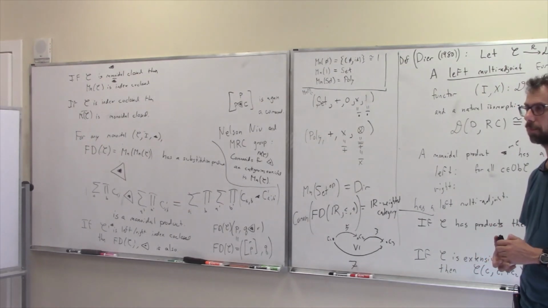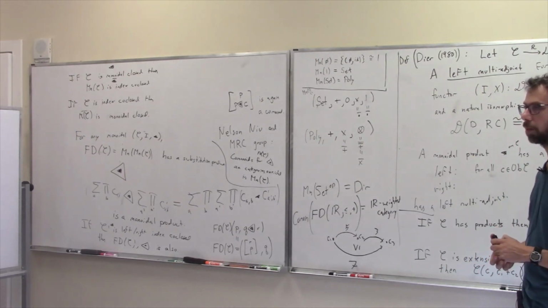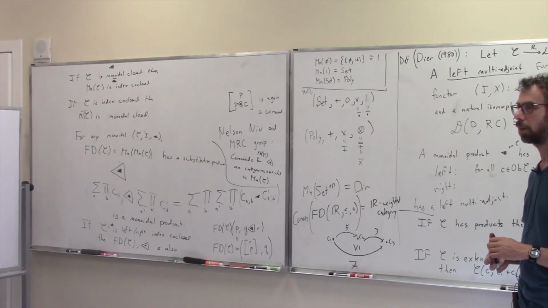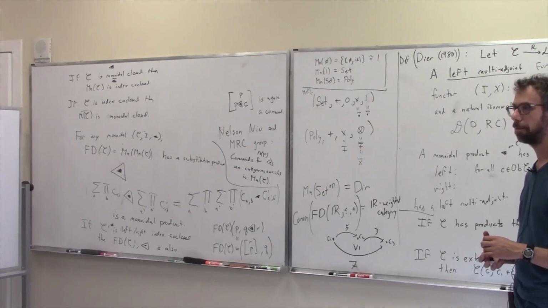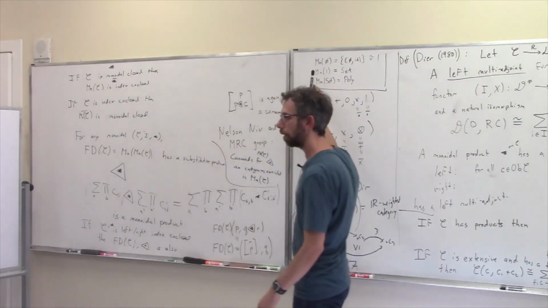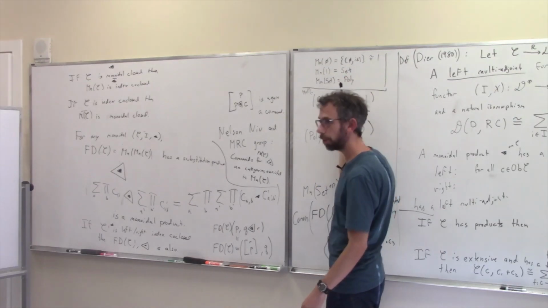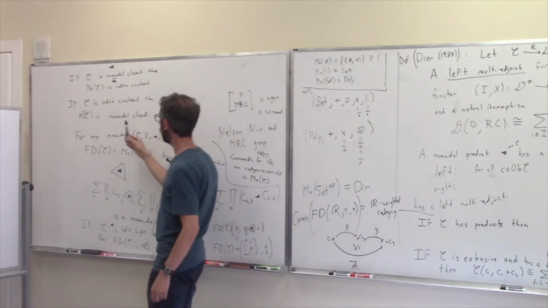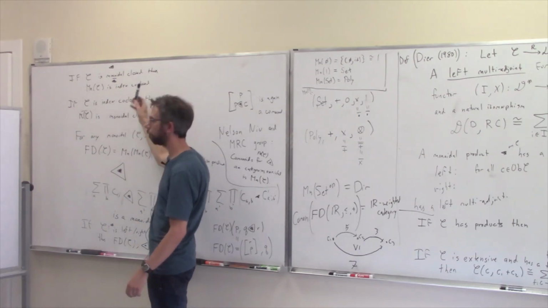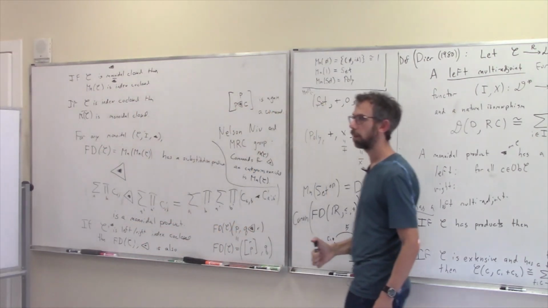You said that when you are working with Set to get Poly, you get lots of structures that you get for free on Set that get pushed through? Yeah. So Set has tons of structures that get pushed forward through to Poly, and the point is why. Set is monoidal closed, Set is index co-closed, left, right, blah, blah, blah. Does a similar thing happen for 2?